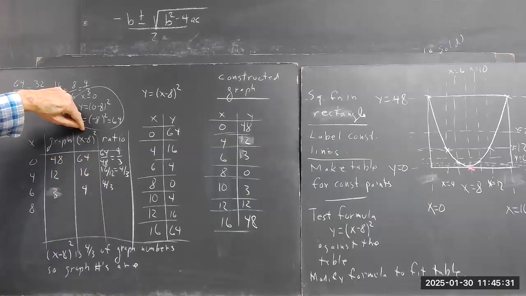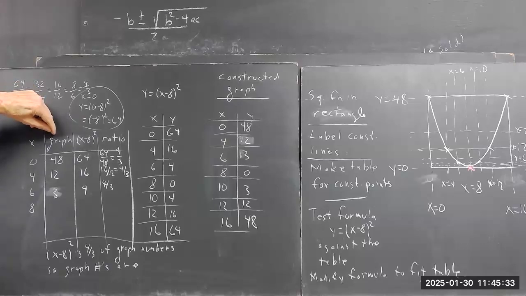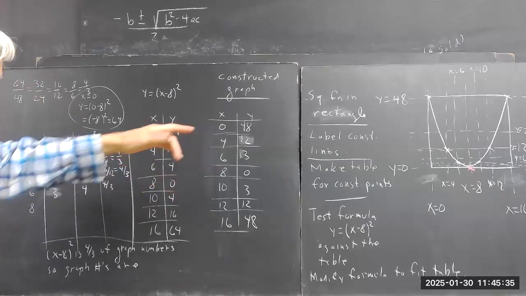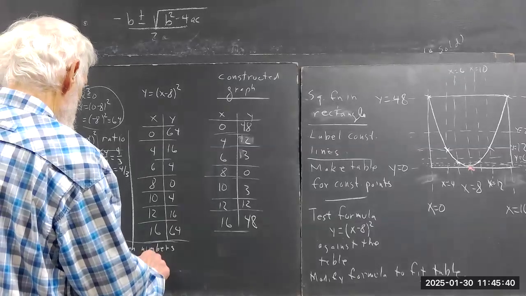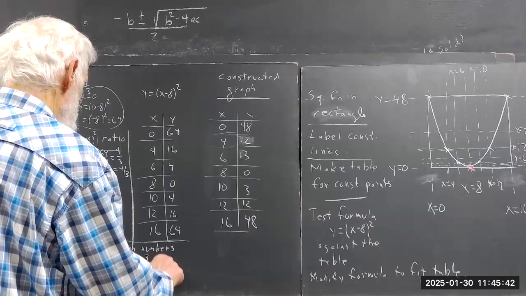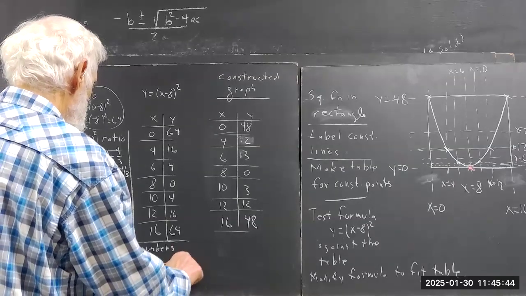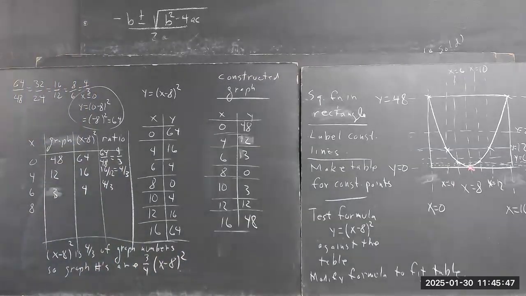So the x minus 8 squared is always going to be 4/3 of the number on your graph with the same value. So the numbers in your graph reinforce x minus 8 squared. If these are 4/3 of these, then these are 3/4 of these. Okay, makes sense? Now, I'm not going to have you do a whole lot of that. You're going to do some other stuff. But making a point here,